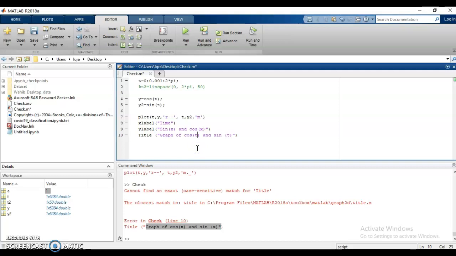Graph of cos of x and sin of x. Okay, we can see the errors later on, but for right now I think this is well enough explanation to what we